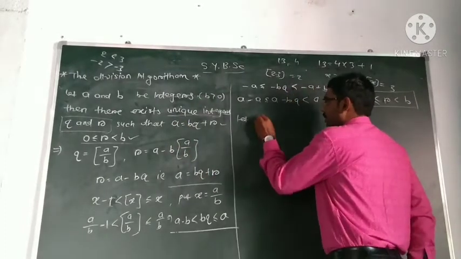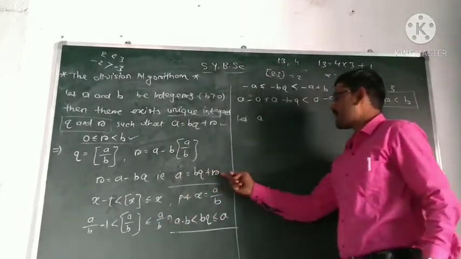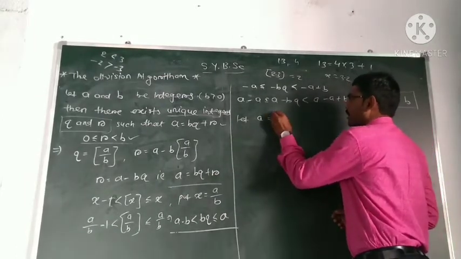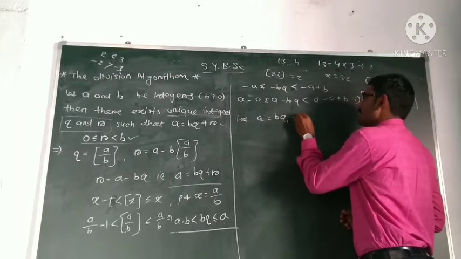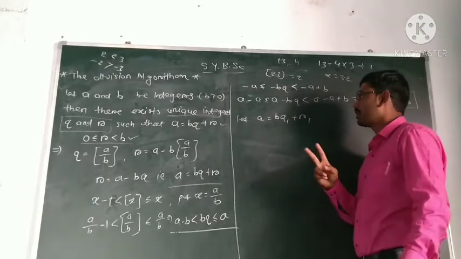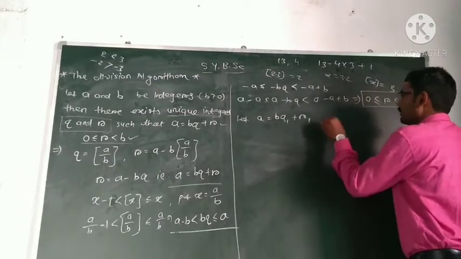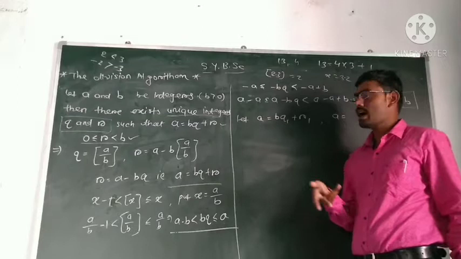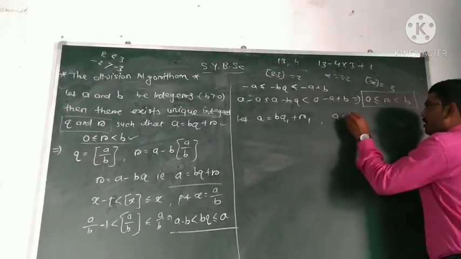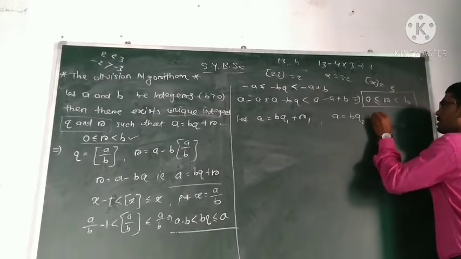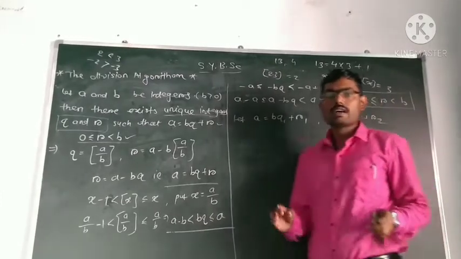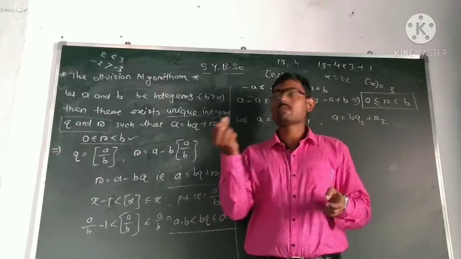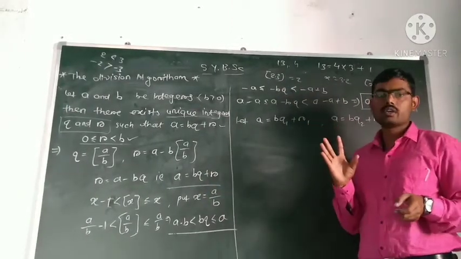So let a equal bq plus r be written in two ways. Suppose q and r are not unique. So a is equal to b into q1 plus r1. Similarly, we can replace q1 and r1 by q2 and r2, so a is equal to b into q2 plus r2. What we assume is that q and r are not unique, so we can find two pairs: one is q1, r1, the other is q2, r2.